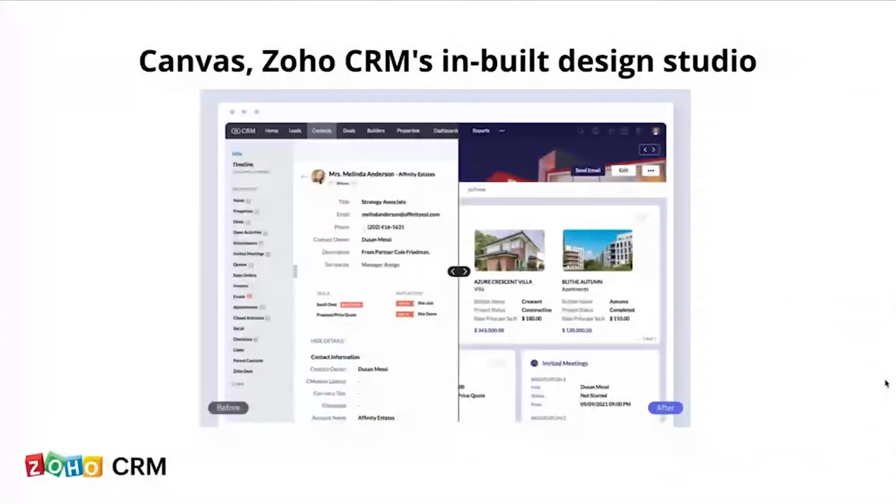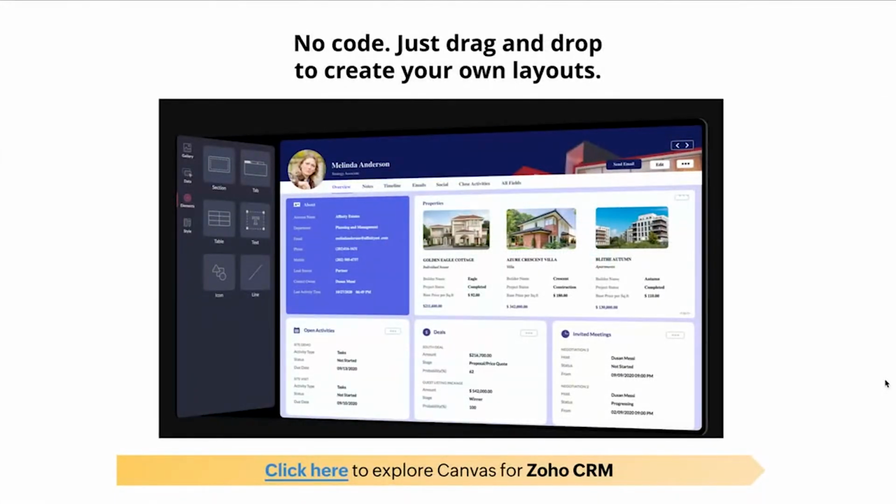And this is thanks to Canvas by Zoho CRM, which is an inbuilt design studio for CRM. You can now spot critical information at a glance and love looking at data. It's a no code tool that comes with drag and drop functions as well as predefined templates that are associated to your industry as well as business roles. After the session, you can click here and discover more information related to Canvas for Zoho CRM once you receive